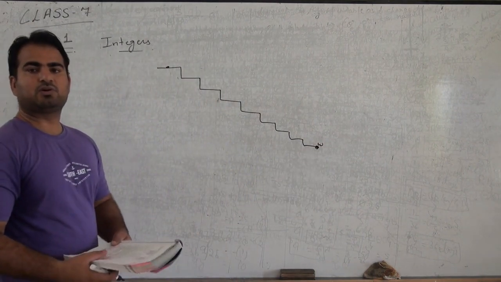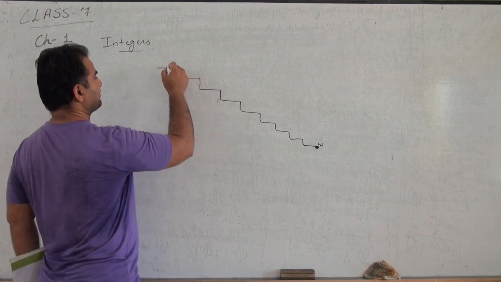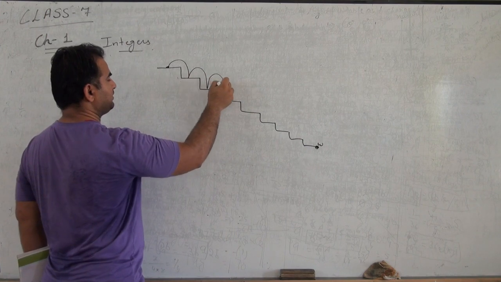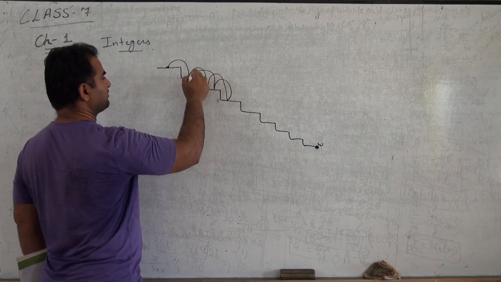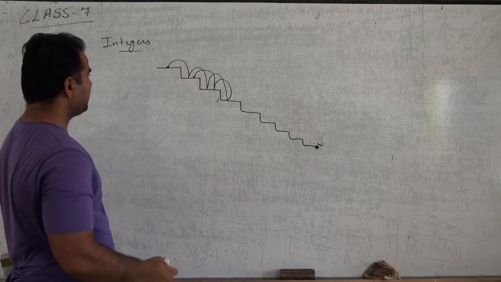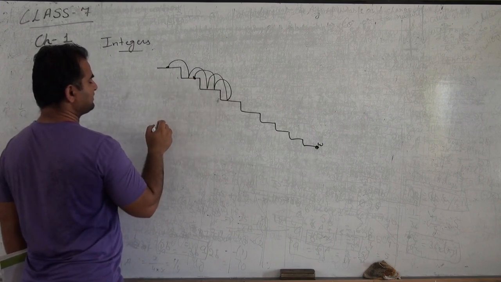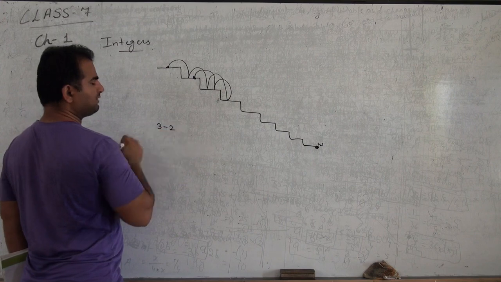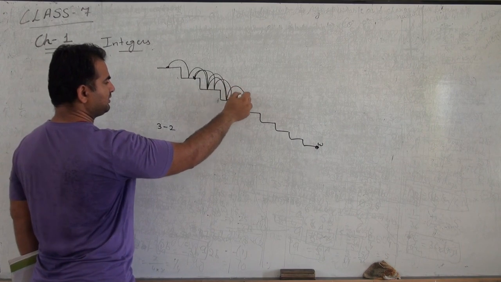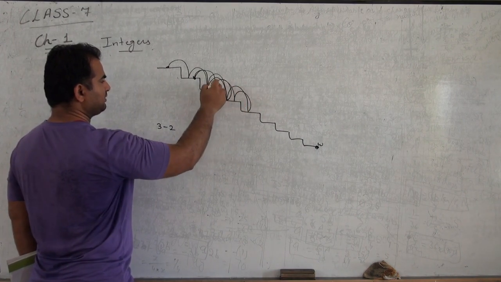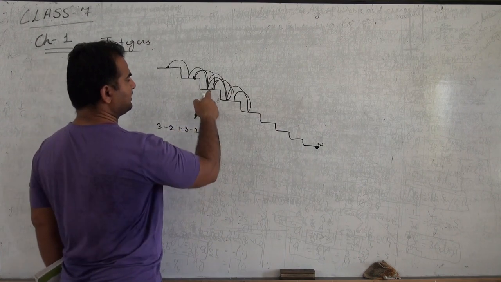Okay. Now what he is doing is, he is jumping 3 steps down. 1, 2, 3, and then again jumps 2 steps up. 1 and then 2, and then he comes to this place. So he jumped 3 steps and then again 2 steps. Done. He then again jumps 3 steps. 1, 2, 3, and again comes 2 steps. Plus 3, minus 2. Done. Now he is at this place.